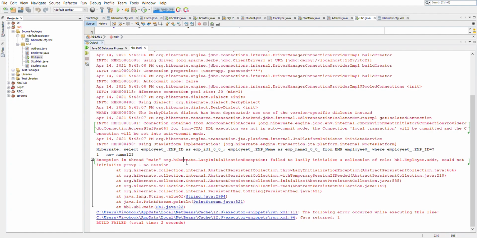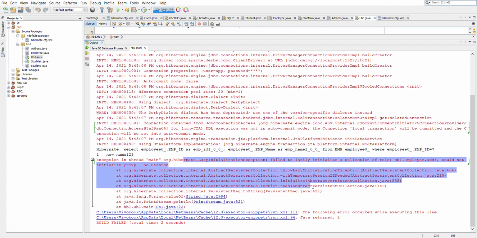As you can see, what Hibernate does, for optimization, is only fetch the first level variables. So it has only fetched the employee ID and the employee name. It has not fetched the second level variable or the second level object, which is the address object.